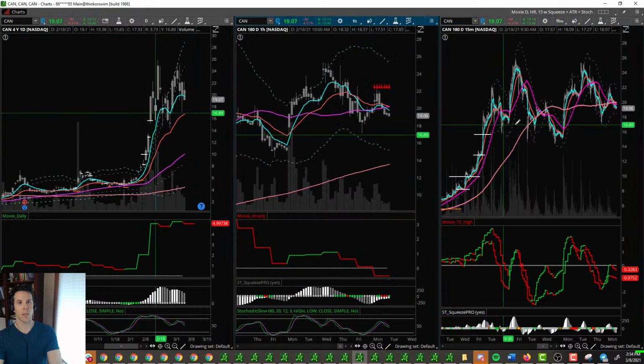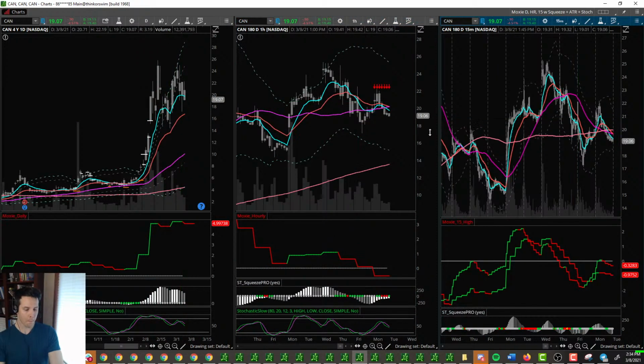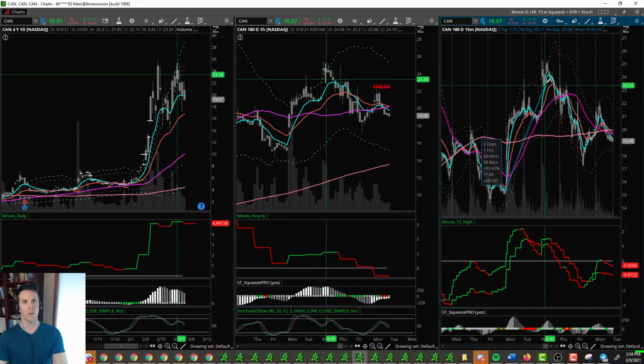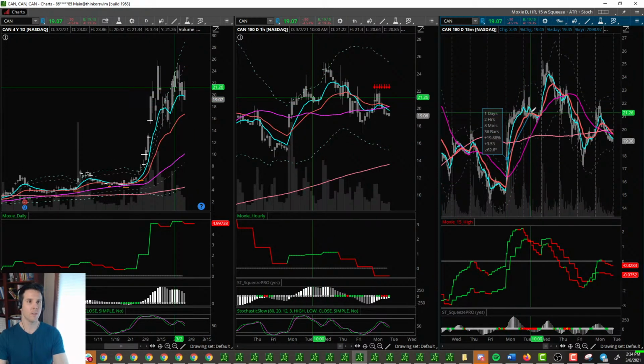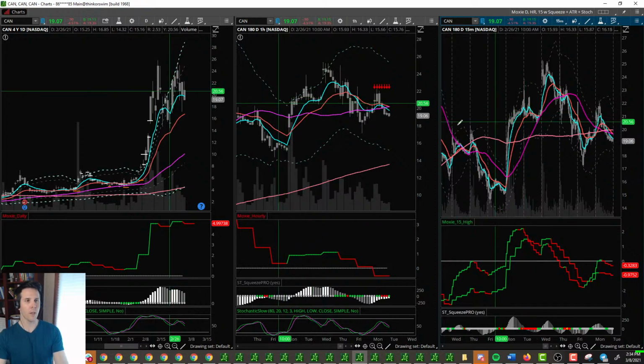Even like this one. Let me zoom in on this one. This move, right from here to here. I had people in the chat and in my Moxie trading room saying, CAN's moving. Wow, look at that thing, it's really going. And sure enough, it popped from here and went here 57%, and even in the one day it went 20%. Yeah, okay, it's moving, but it didn't follow any of my rules.